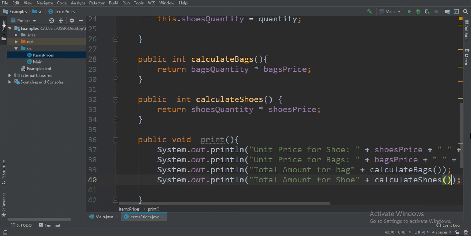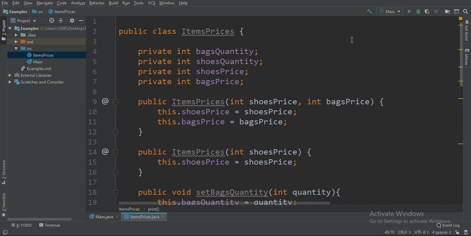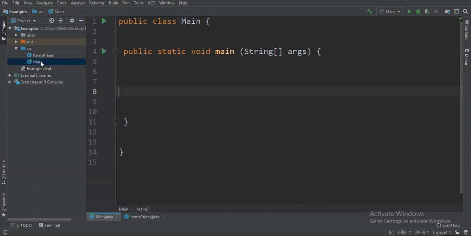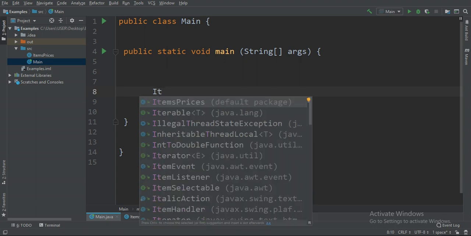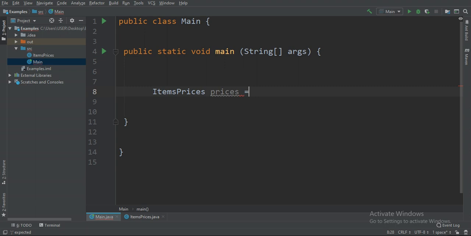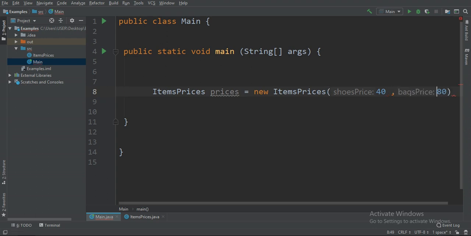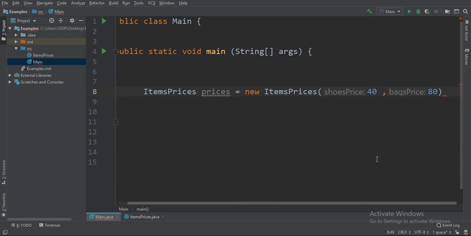Now that we finish preparing this class item prices, we will call this class inside our main method here. Item prices equal to new item prices. Now let's test the first constructor that we have two fields. Let's set the two field, which is shoe and back. Let me provide 40 and 80 as the price. We will have comma here. Now that we have 40 and 80,